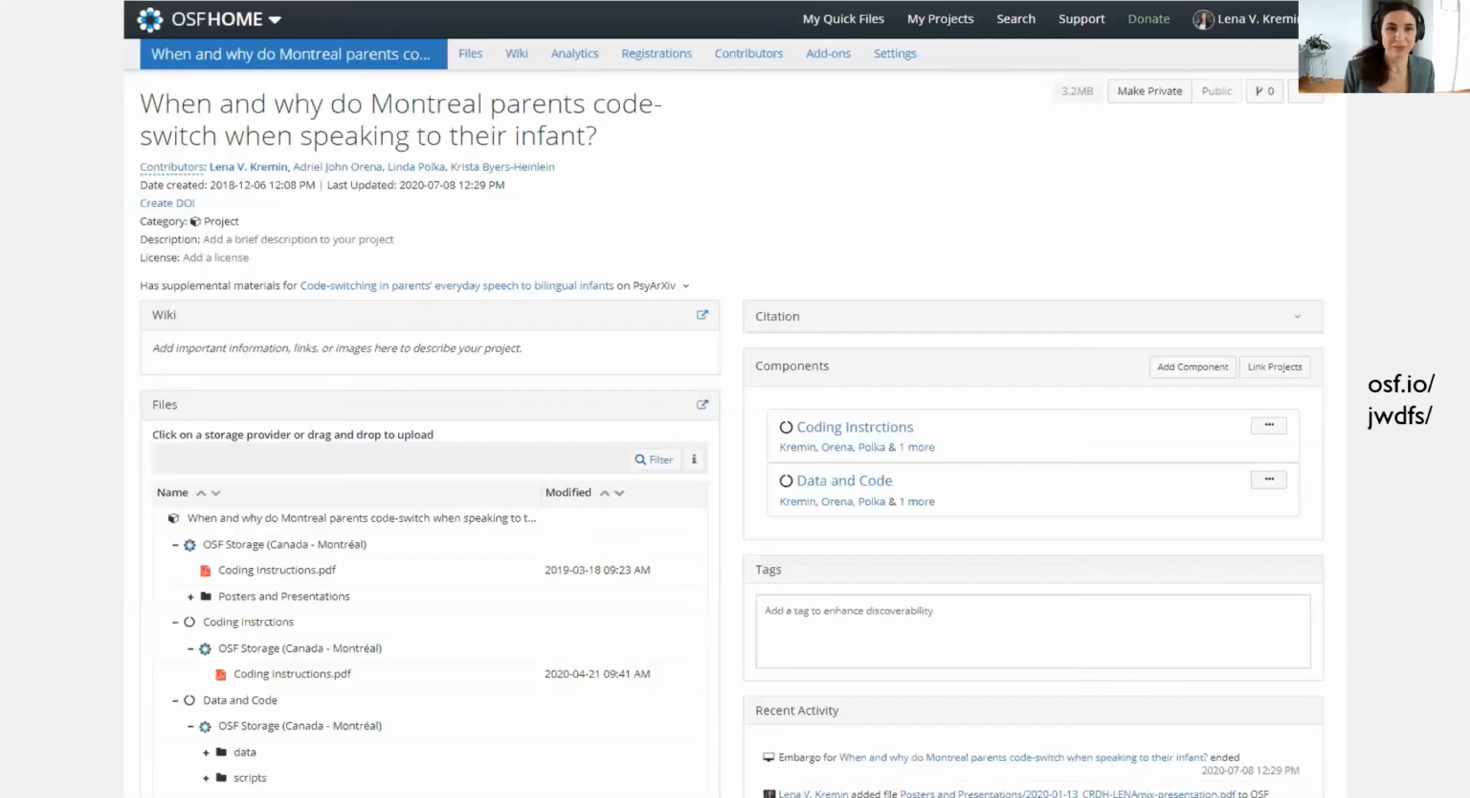So I just want to give you a quick example here of open materials. This is actually the OSF page for one of my research projects. The link will be on the Moodle page if you want to go explore. You can see here that I have my coding instructions for the data. I have the actual data and my R scripts that I use to analyze the data. You can also find my pre-registration for this study up at the top. And then I also have my preprint